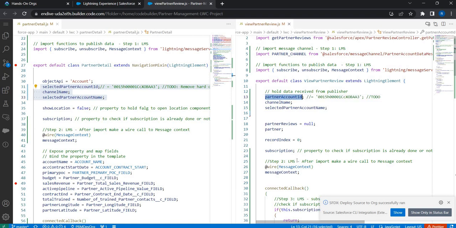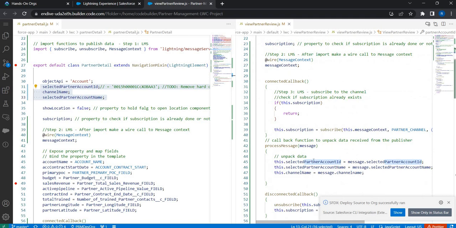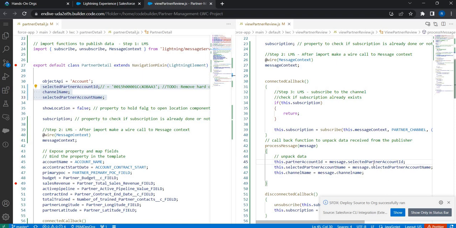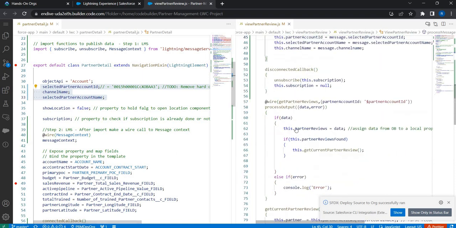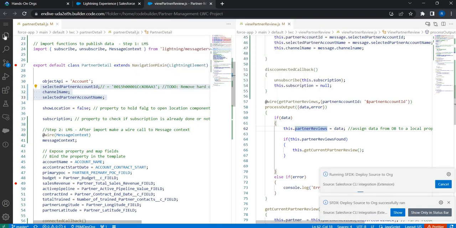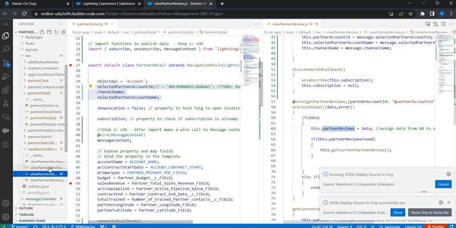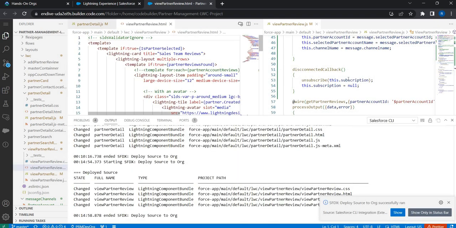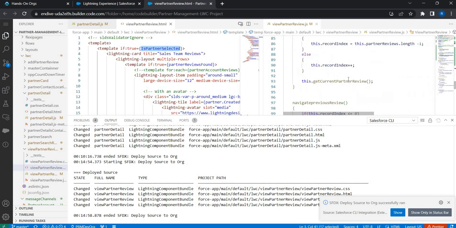One simple change that I want to do is, when I process or unpack the data, I want to use this property to hold the selected partner account. That's it. So pretty much done, I think. It's the same code, right? No change at all. Let's save everything, deploy, and see what happens. And do I also have any code to hide this? Let's see, if partner selected, yes,